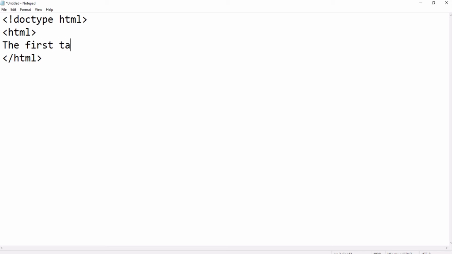The first set of tags. After the doc type, the HTML tag.